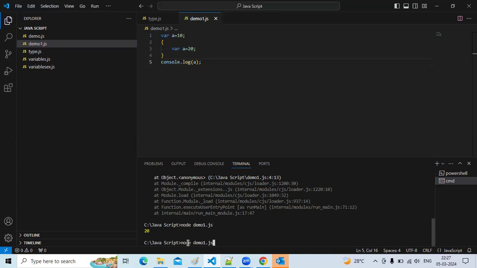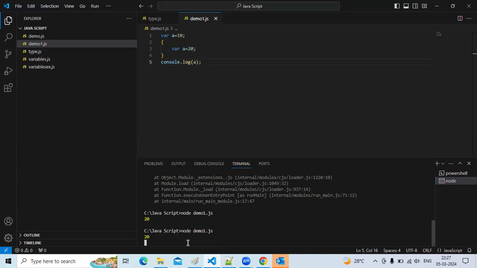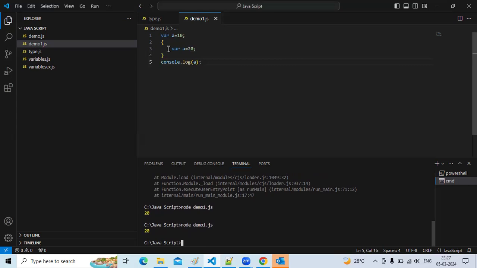See, 20 I am getting, but the 20 is inside the block, right? It is in one block. This is not correct, right? So I am trying to console the a outside. If I am using the var keyword, if any block of code will affect the global number, that